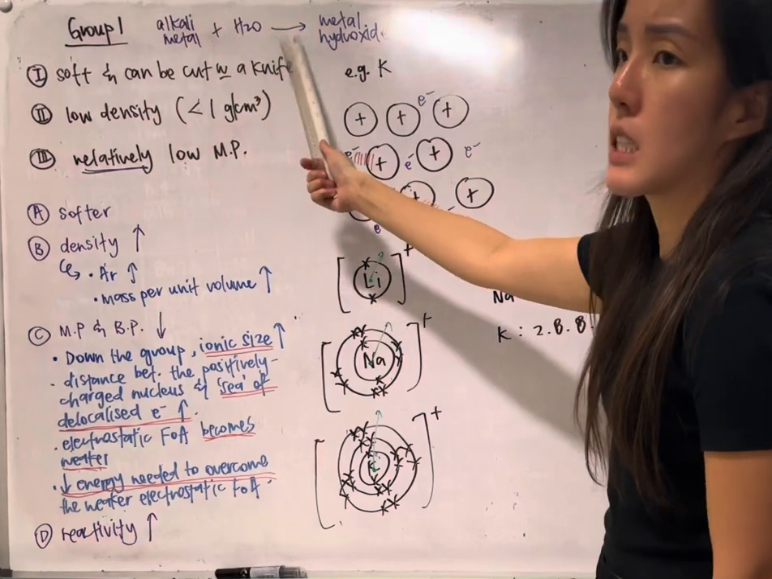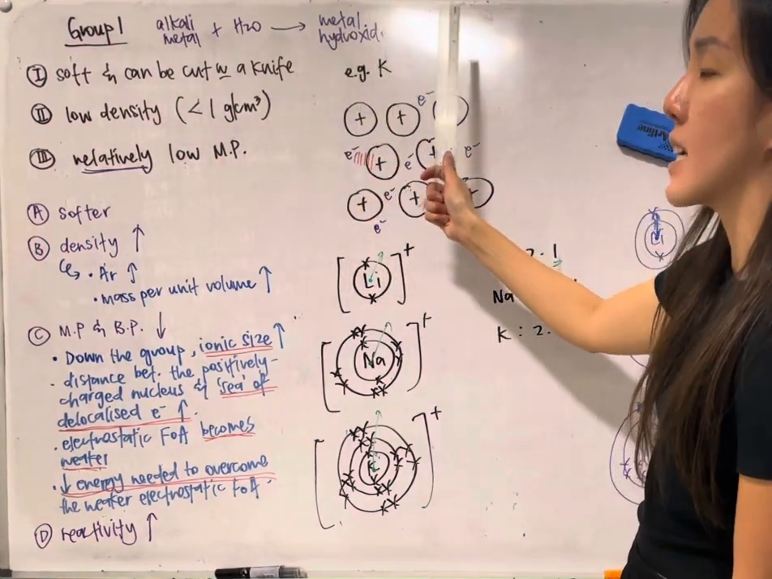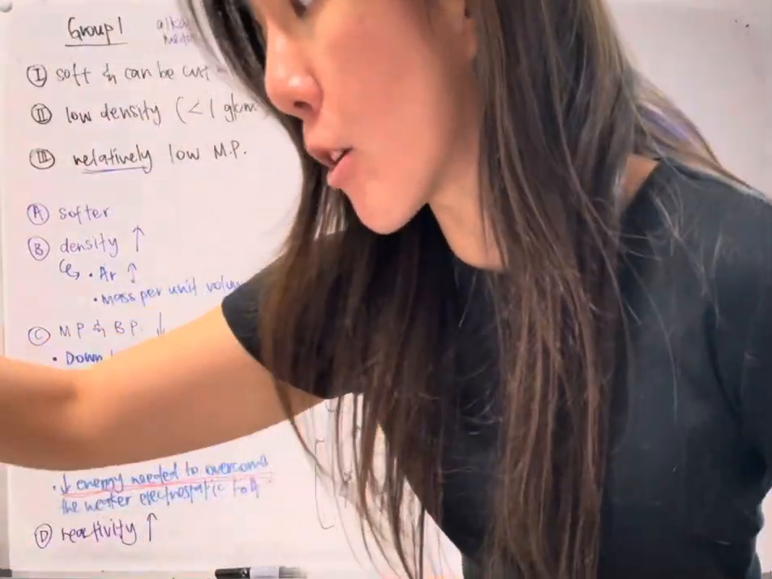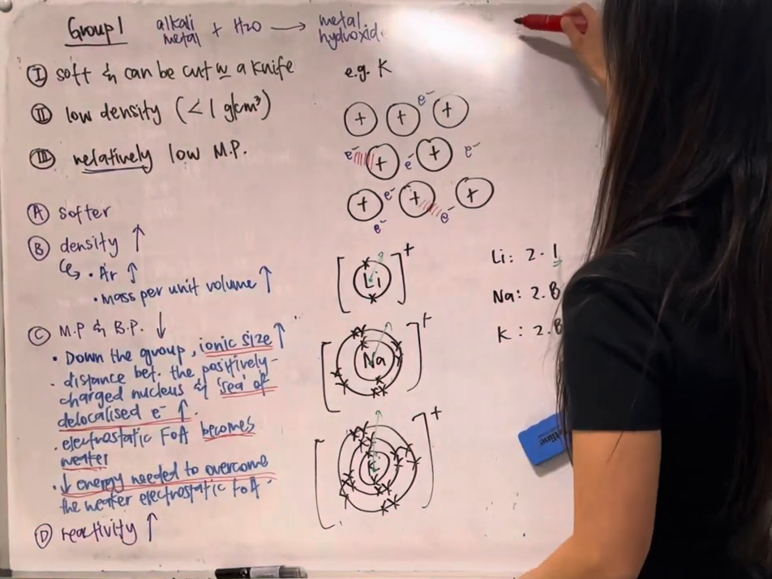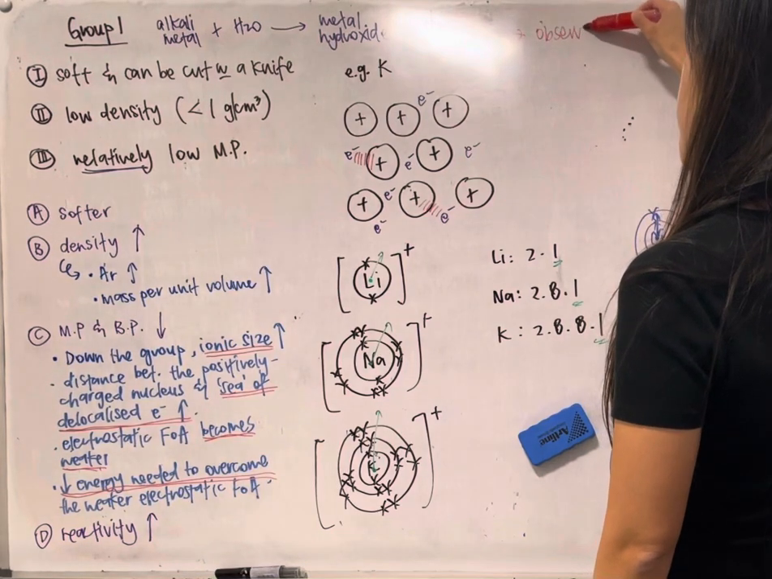1 is this. Alkali metals can react with water to form metal hydroxide and hydrogen gas. You can write down in your notes at the bottom the 3 observations you will be looking out for to prove that reactivity actually increases. The 3 observations are, number 1,